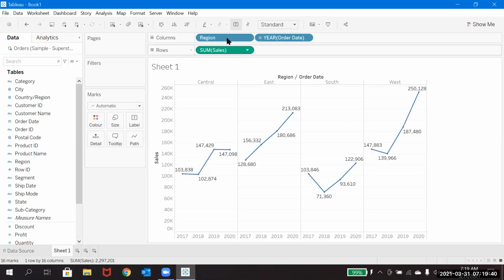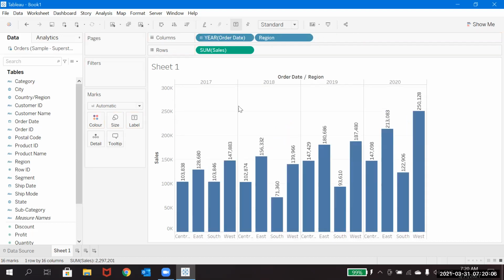When you are reading the data in the visualization and telling it, you can tell clearly, like on each region, you are seeing the sales data, how the trend is going on, how the sales are going on. So this is one way of telling. And if I switch this, then you can tell it as, on every year, by region we have the sales.